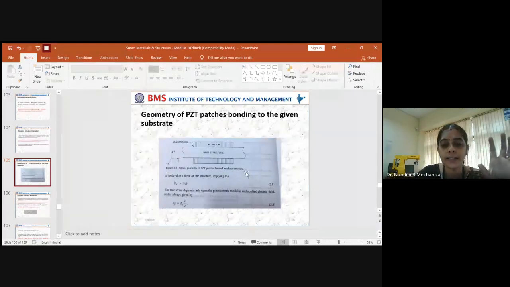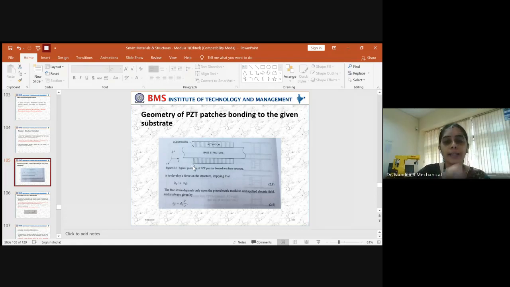After understanding this, you should now see that we are using this geometry to develop a force on the structure. When you develop some force on the structure, it shows that the piezoelectric relative permittivity value will always be greater than the relative permittivity of the actuator. So what do you mean by this equation? You know that you have a device here, which has been developed to get the required displacement.